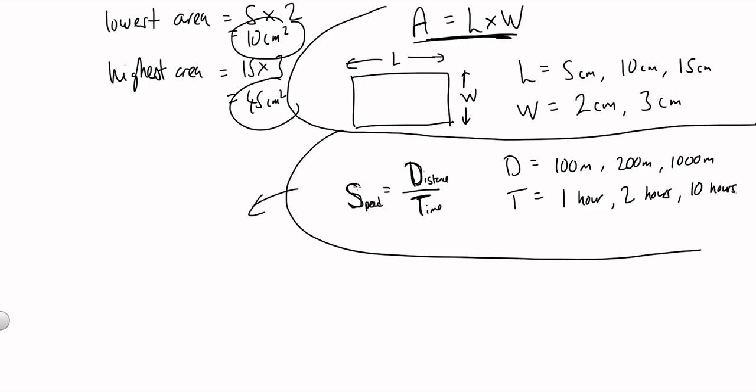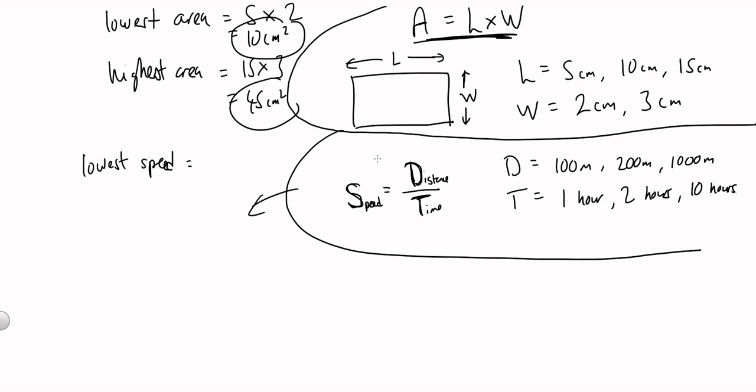Now for this one, I've got distance divided by time is equal to speed. Let's suppose the distance could be any one of these numbers, 100, 200 or 1000, can't remember, right? But I know it's one of those three values. And for the time, it's one of those three values there. So to find the lowest possible speed, worst case scenario,